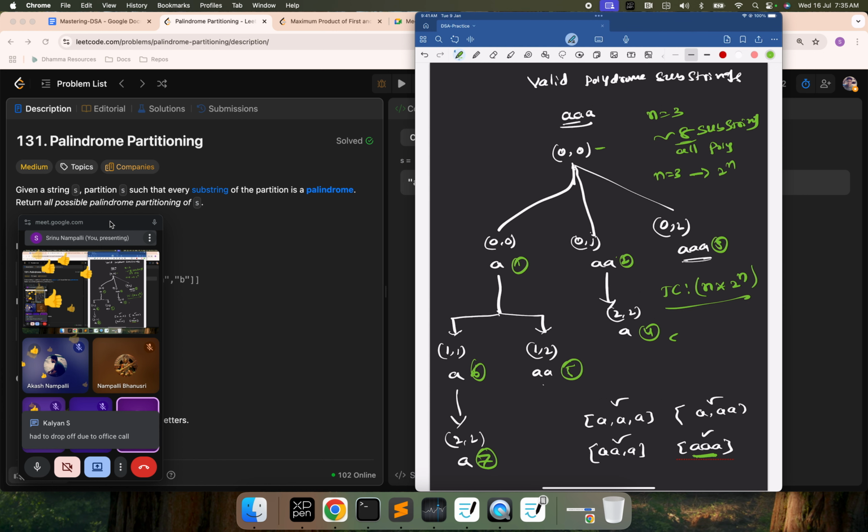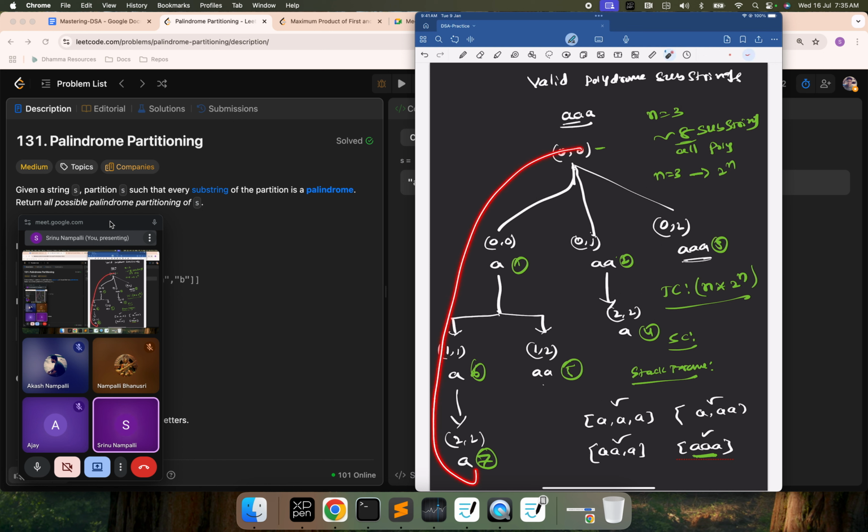Okay, so what is the space complexity here? Let's talk about the stack frames. With respect to stack frames, if you closely see, at any point in time only n stack frames get active. So obviously the stack frames' space complexity will be linear, and the result, right? The result,